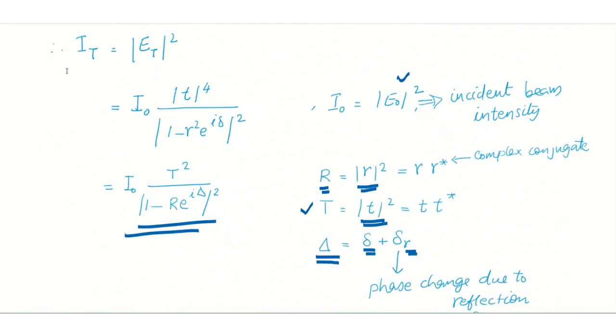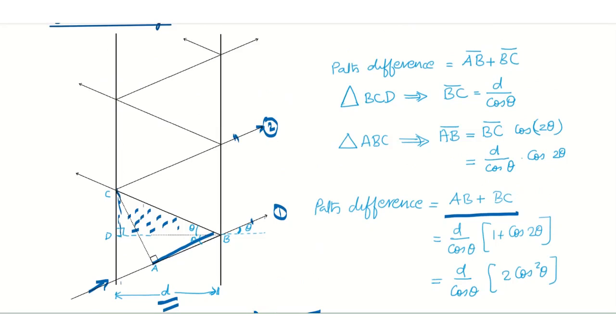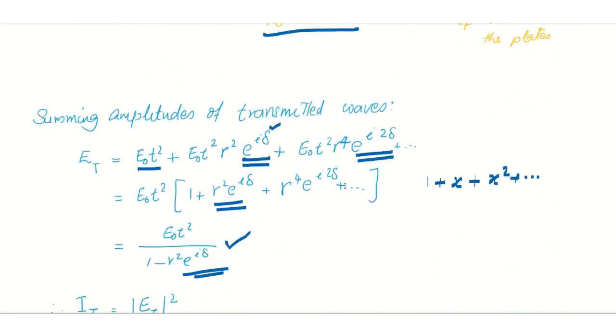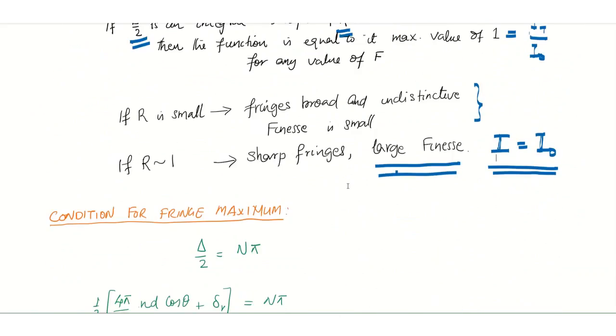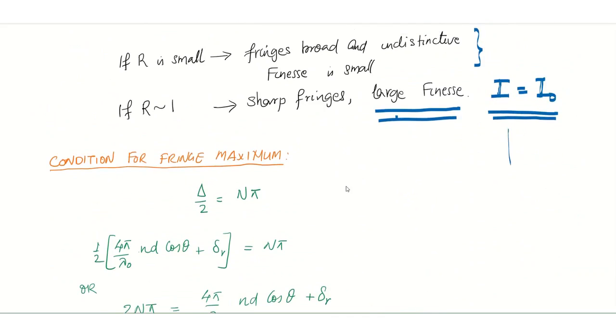Because in the normal case, if you are using a single mirror to reflect light, and the reflectivity is equal to 1, because 100% is reflected, the transmitted intensity here will be 0. I on this side will be 0. But what I am saying here is, when R is approximately 1, there will still be